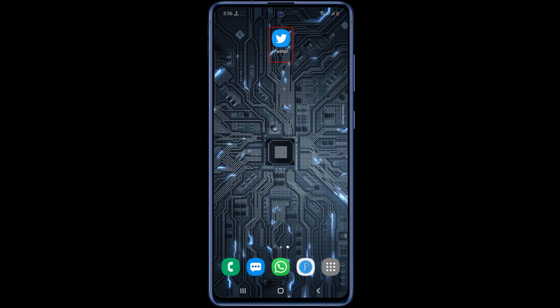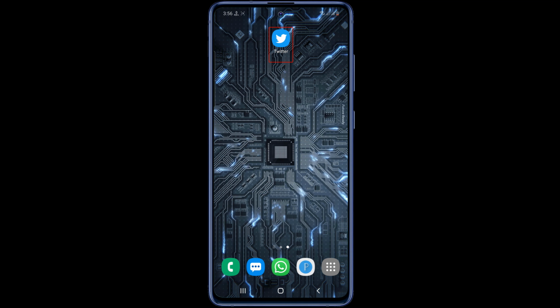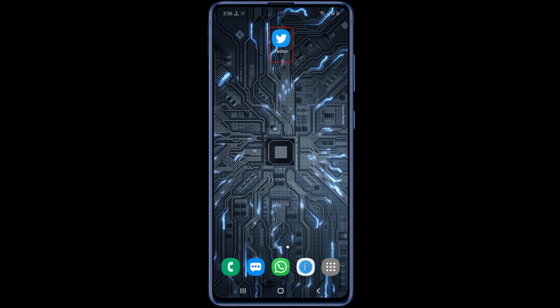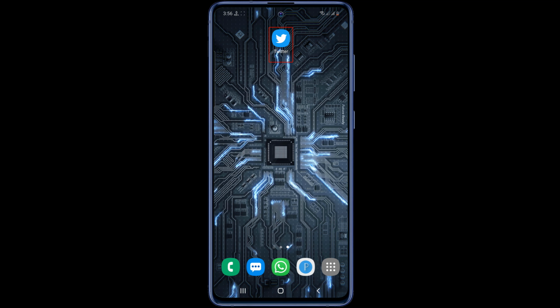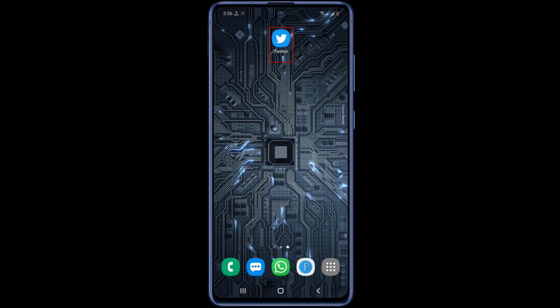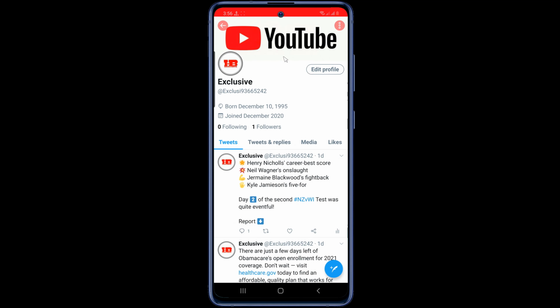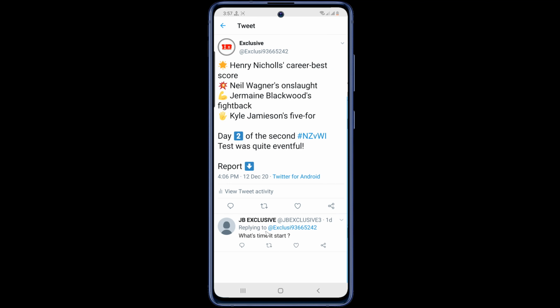Leading up to the 2020 presidential election in the US, Twitter has made changes to the way users can retweet, in effort to stop the spread of fake news on their platform. In this video I'll be showing you how to retweet on Twitter when prompted to quote tweet. Let's get started. With this new change, when you hit the retweet button on someone else's tweet, instead of seeing